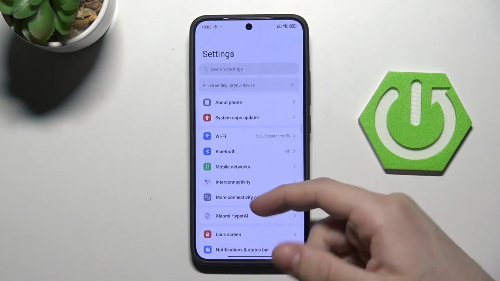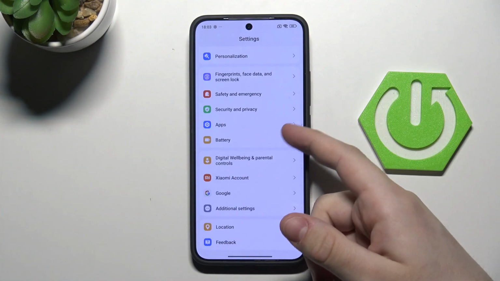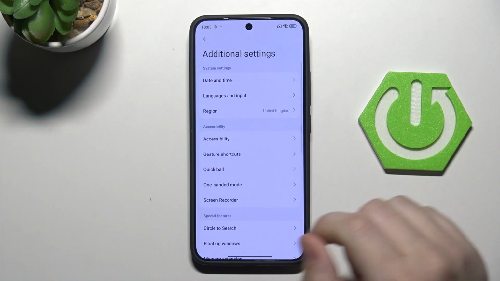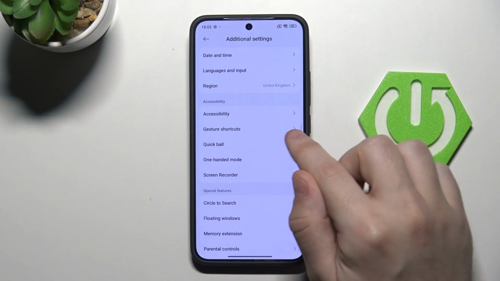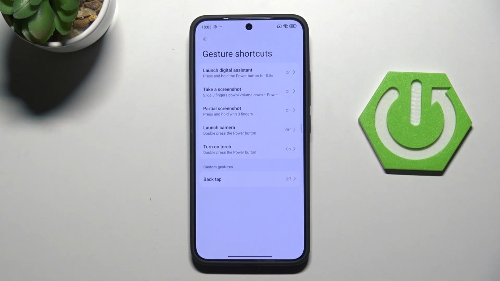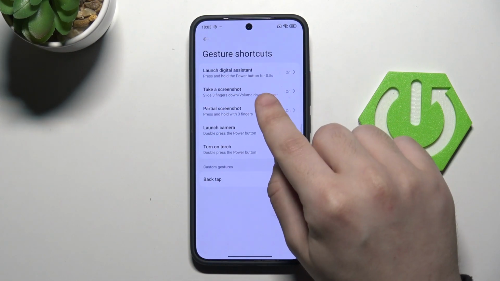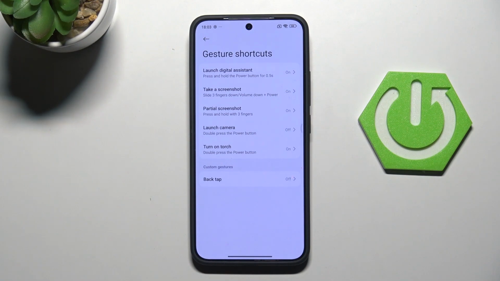Let's get into the settings, scroll down a little bit until we find additional settings. And what we are looking for is at first the gesture shortcuts. So we have, as you can see, the launch digital assistant, take a screenshot, partial screenshot, launch camera, turn on torch, or the custom gestures such as back tap. So in my opinion, using these shortcuts really boosts your productivity. You don't need to look for everything on the phone. You just have